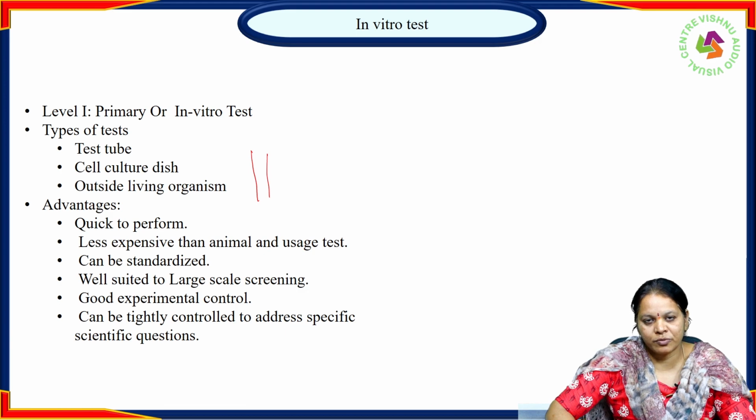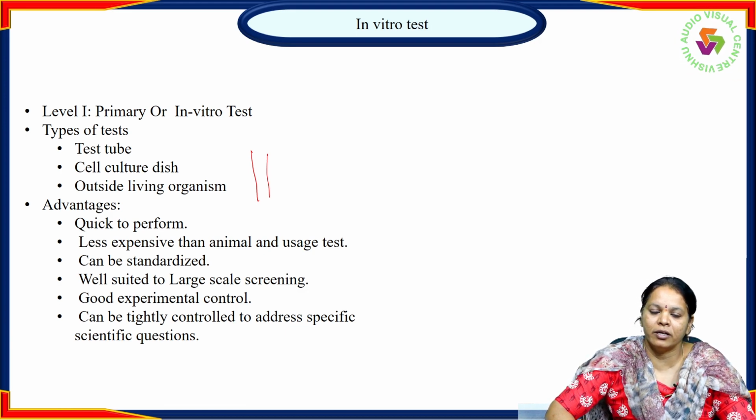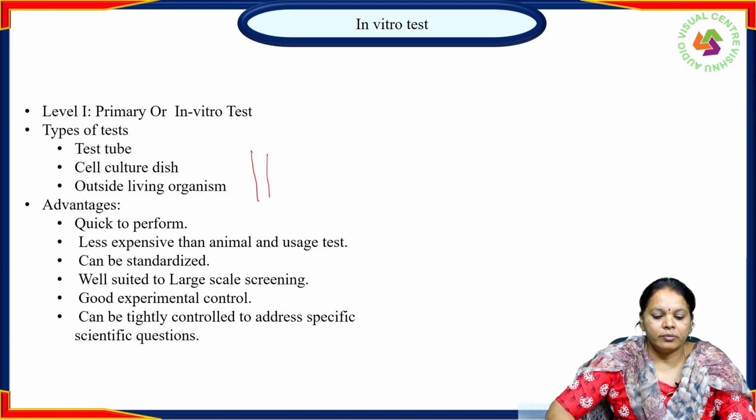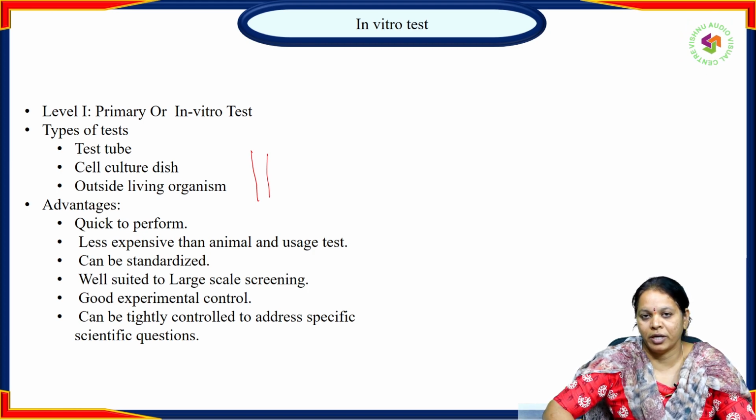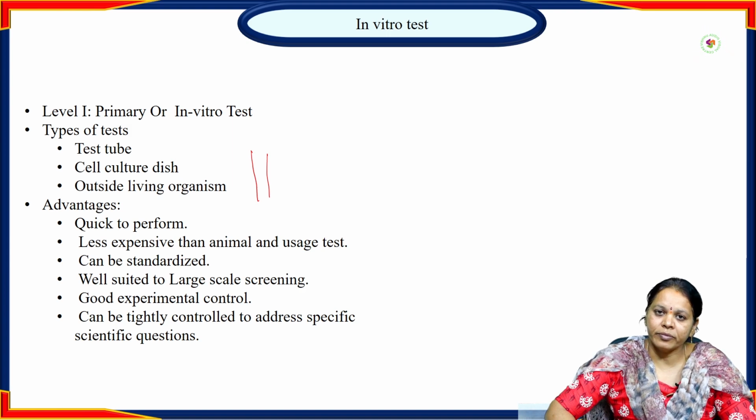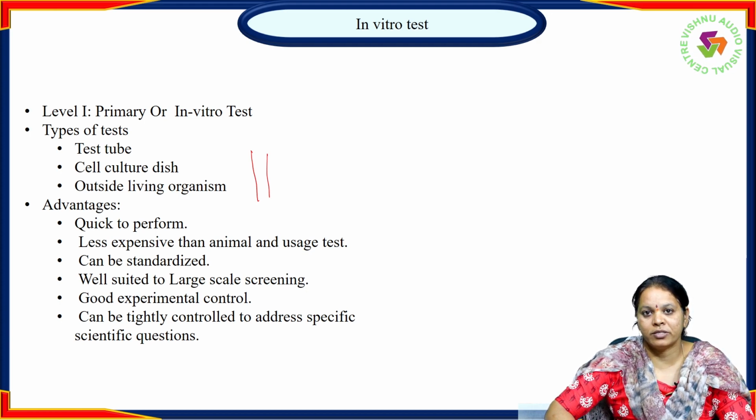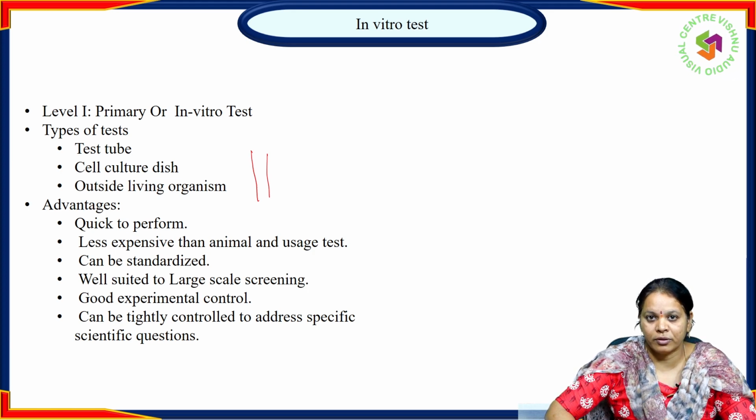Since we are performing it in laboratory equipment, we will be readily observing the results, and it will be very quick to assess whether it is compatible enough or not. And being in laboratory equipment wherein we are not including any human volunteer or any animal species for testing, it is less expensive when compared to the usage and animal test. And these tests are the preliminary test, and the results obtained from these tests would be of major interest, and